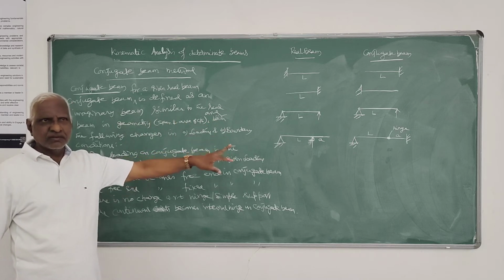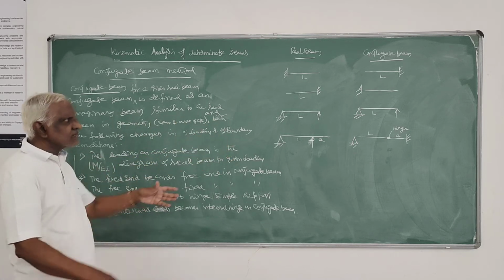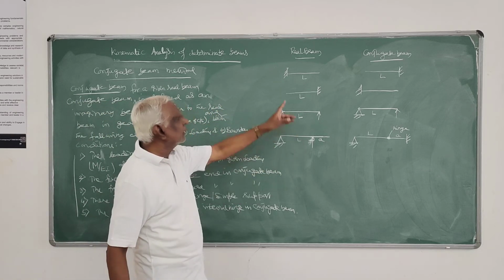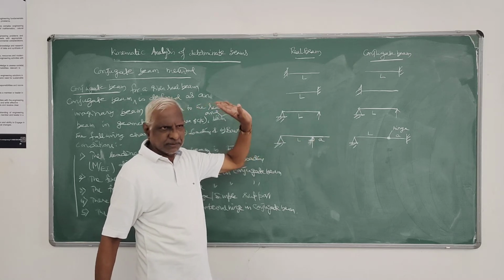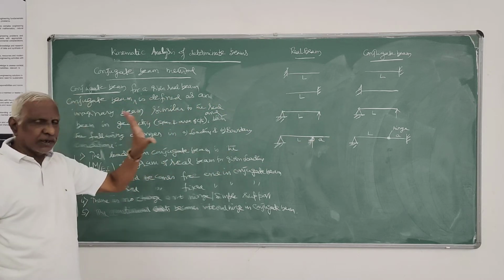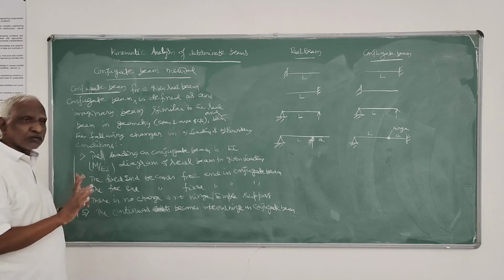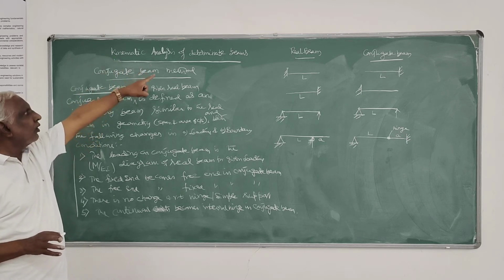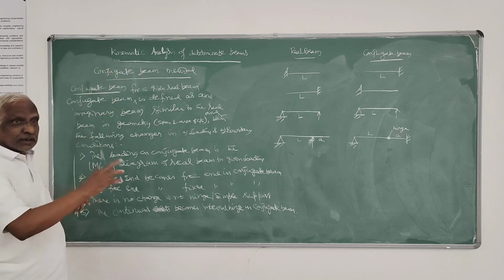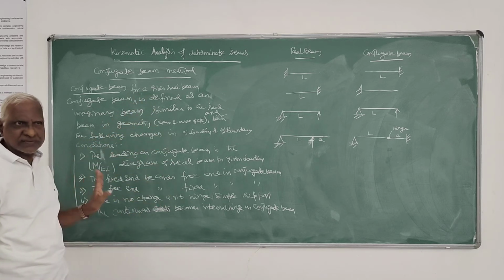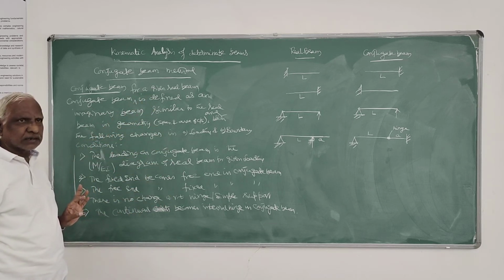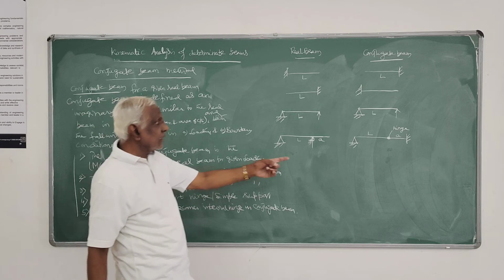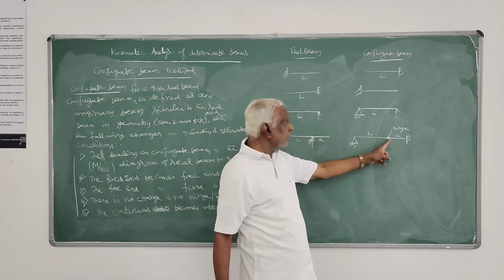For determinate beams, what you are going to get are cantilevers and simply supported beams. So given a real beam, how to write the corresponding conjugate beam? This property or this point you have to remember before working the problem, that is, before doing kinematic analysis of determinate beams. And you should have knowledge of the bending moment diagram. That conjugate beam is also determinate, sir. Fixed and hinged, it's also determinate because of the internal hinge. No, it is not indeterminate. It is determinate.